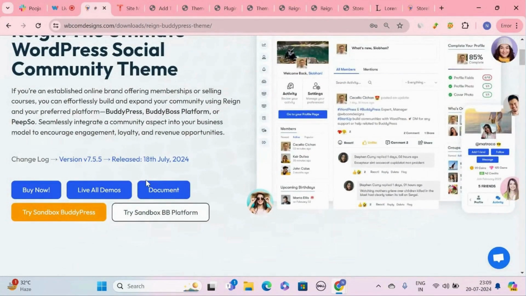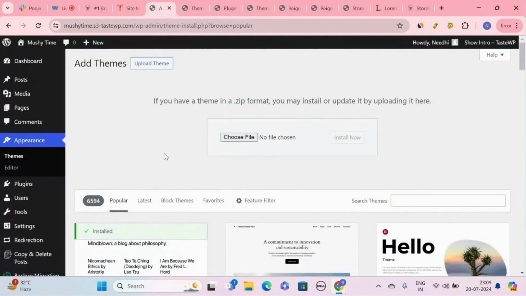Once the theme has been downloaded, you need to go to the backend of your website and go to Appearance. You will find the Themes section, click it, and you will be redirected to the upload theme section.